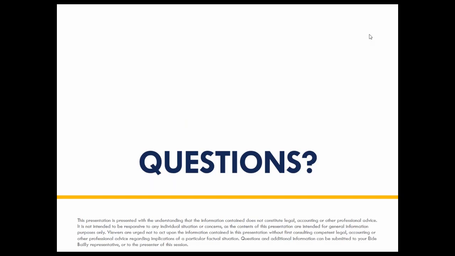Yes, ma'am. How far back do the voluntary disclosures go? Question is, how far back do the voluntary disclosures go? If I find out that I've been doing something I shouldn't have been doing and I want to get right, they vary by state. Usually it's 3 or 4 years they look back. I can't remember which state it is. I believe it's an East Coast state that goes back 8 years.